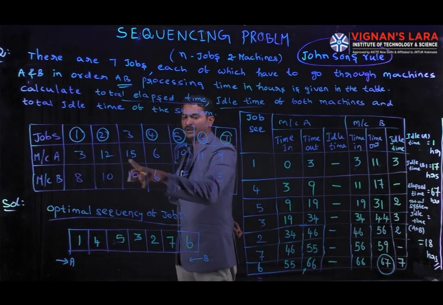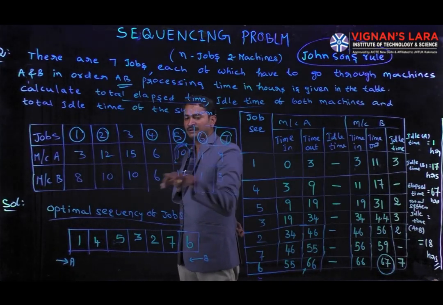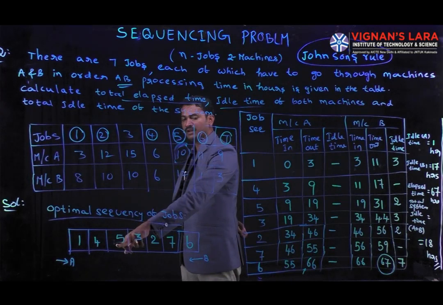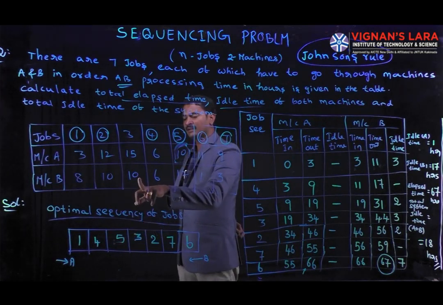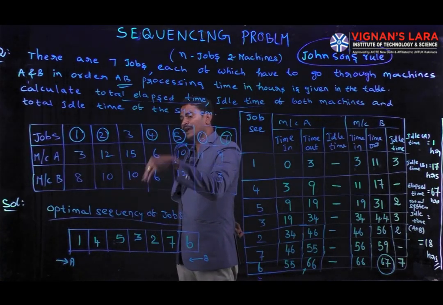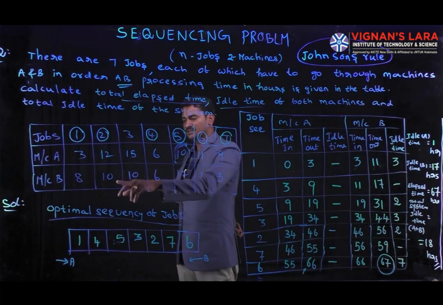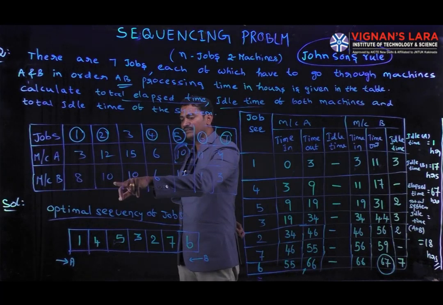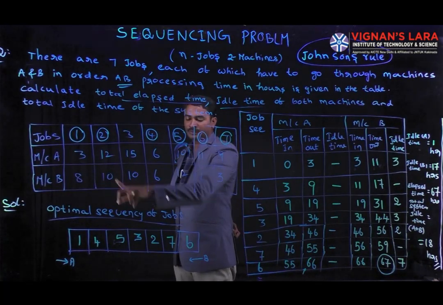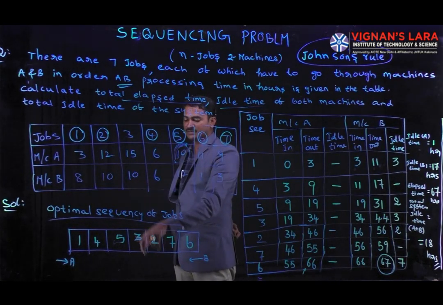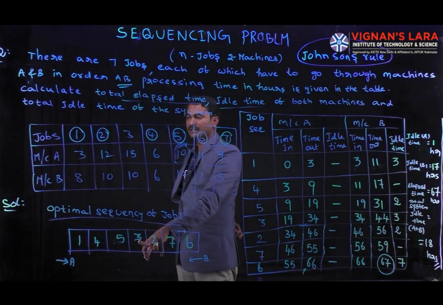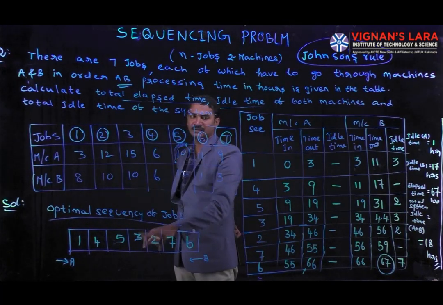Next, coming to the remaining ones, there are 3 tens. So we are giving first preference to A. So I would like to take 5 here. Next, 10, 10 is there. At that time we are going to check the other mission's hours, and where we have the minimum, we take that first. So 10, 12, 10, 15. Here it is the minimum, so I am going to take mission B here. Next, mission C, the other third job we take here.